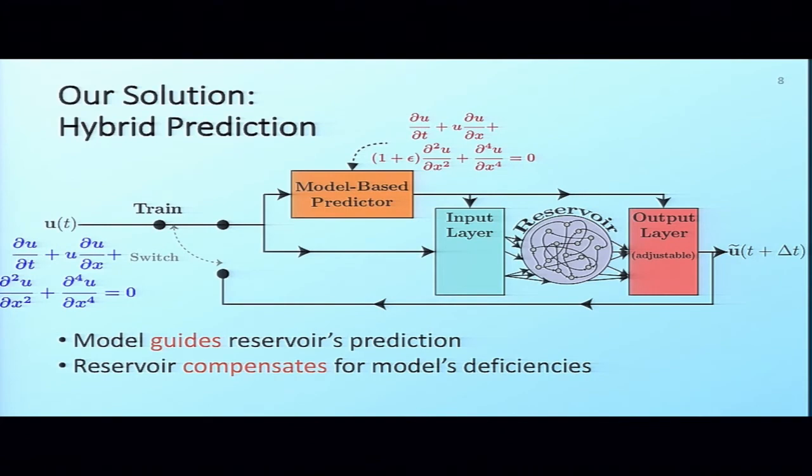So our work this summer was in building a prediction method that combines these two to hopefully overcome some of the downsides of both methods and make better predictions. This is our hybrid prediction method. We still put in past data into the input layer, but we also put in model-based prediction into both the input layer and the output layer, so that when we move out of the training phase and into the prediction phase, the model-based predictor is already giving the output layer some idea of what's happening, and the nodes can focus on adjusting for the error.